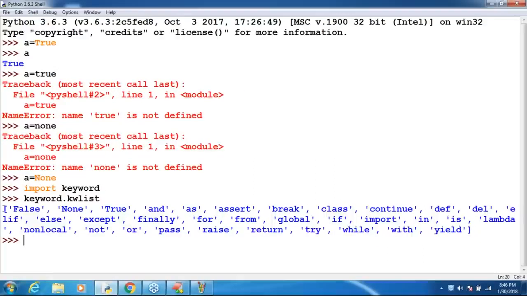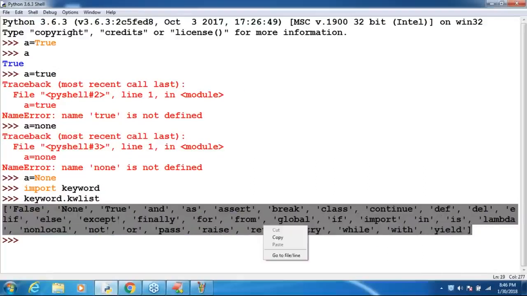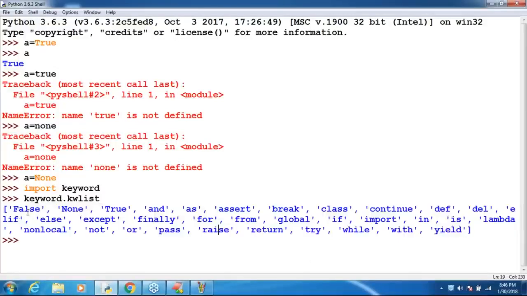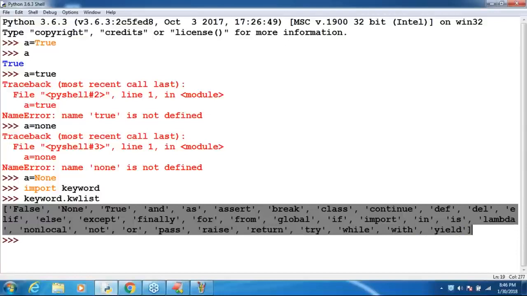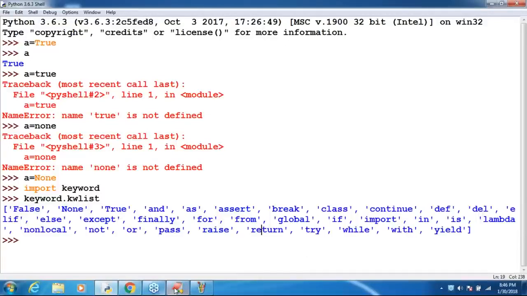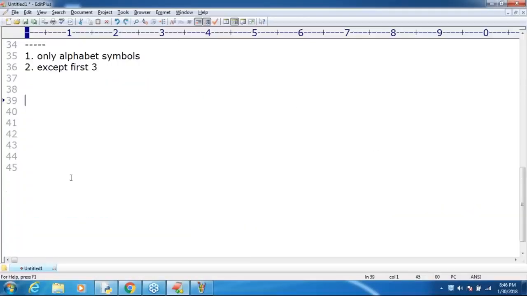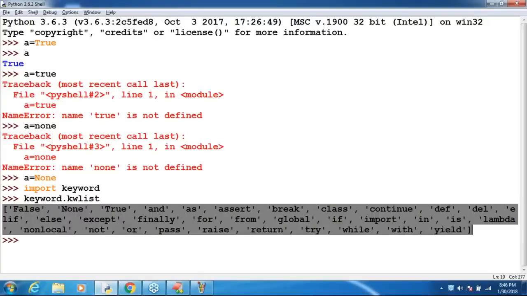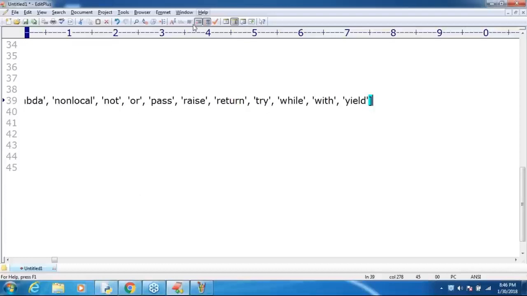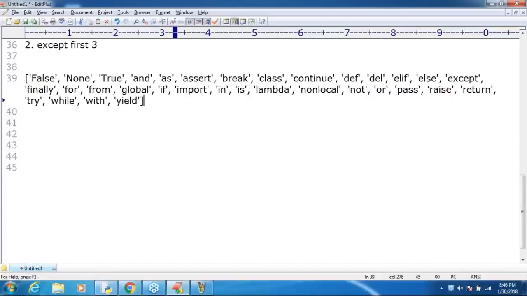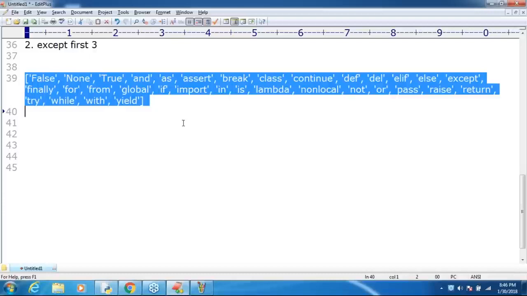Now I got something. Let me copy paste. These are the things that I have. Just because it is a special window, have a look once. Now can you please cross check all the 33 keywords? Are you in a position to understand? This is what you people should be aware of clearly.